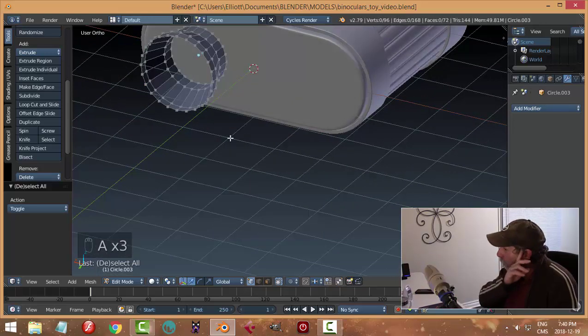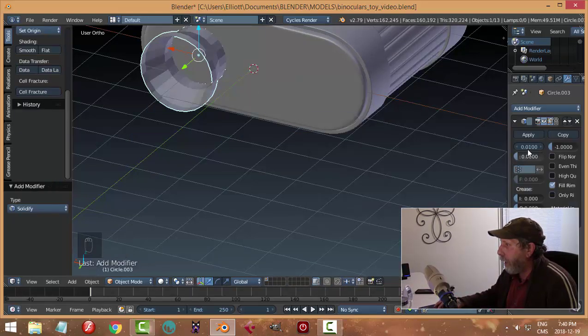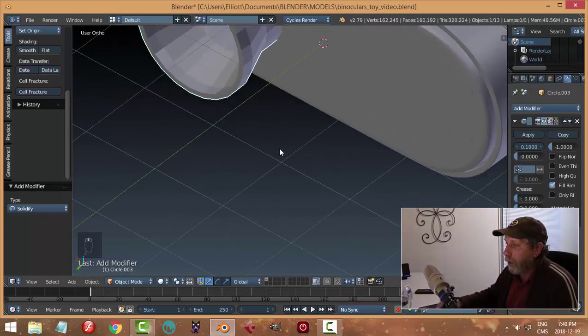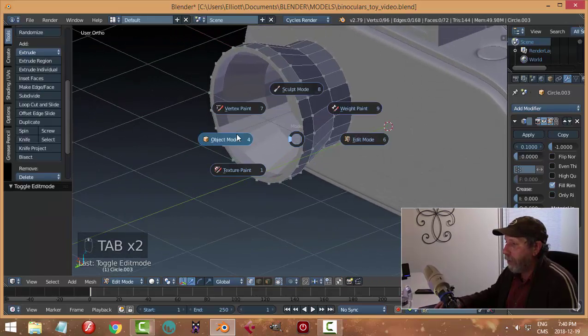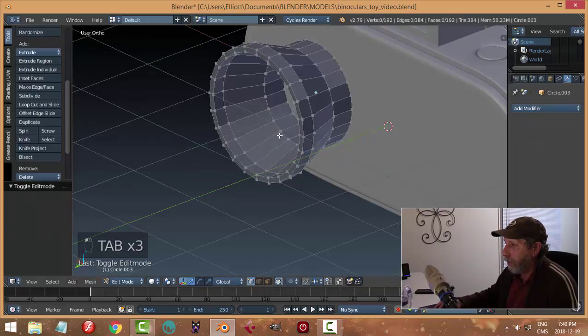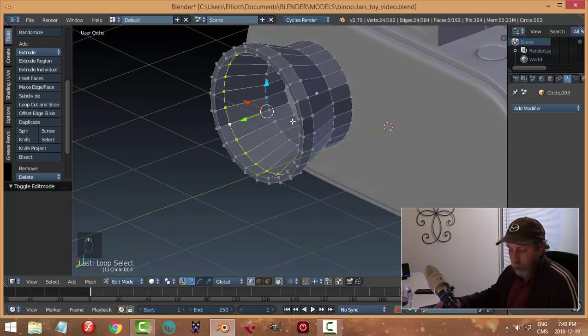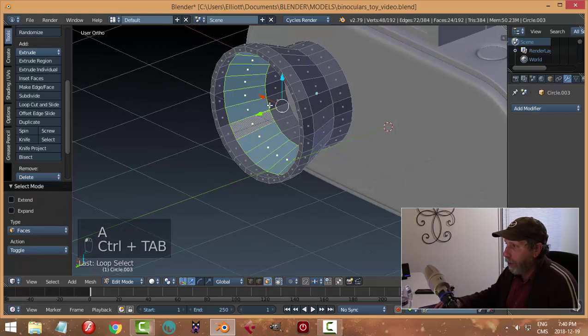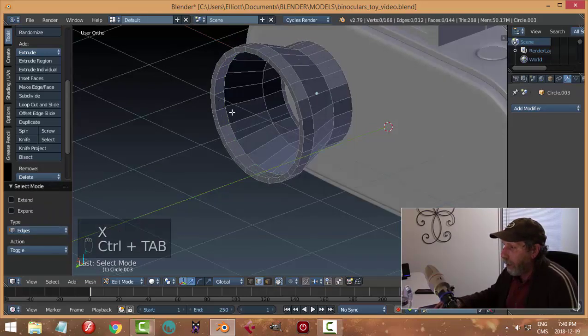Just how to do this. Well, I'll go back to the old way. I'll just do solidify at 0.1 again. And we'll apply it. And okay, we got an edge loop right there I could use, and I think I will. So yeah, I'm gonna do it this way. I'm gonna select all that and delete these faces. And I'm gonna take this